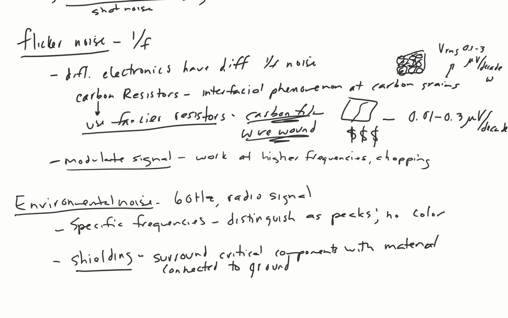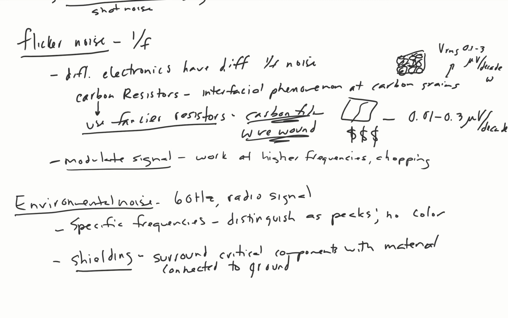So this may be easy for, let's say, your wallboard if you build a metal box around it, connect it to ground. But think of small instrumentation or equipment that might have to be going up on the International Space Station or into field work. It's not always the easiest to create a shield around your entire instrument. So in design of equipment, design of instrumentation, if you're concerned about environmental noise, this is something that you should take into consideration early on in the design.